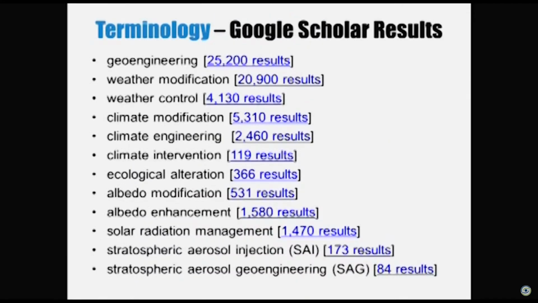The list goes on. Now, censorship and the ability for people to find out this information is impeded by the control of the words that they use to describe these things. So I did a little Google Scholar search to see what all the nerds were saying about it, and it turns out that's pretty right. Geoengineering and weather modification happen to be the most popular. That's what we're going to call it today. But there are many other different terms. Climate engineering is more accurate. That stuck for a little while, and then they called it climate intervention when the CIA stepped in and renamed it that.